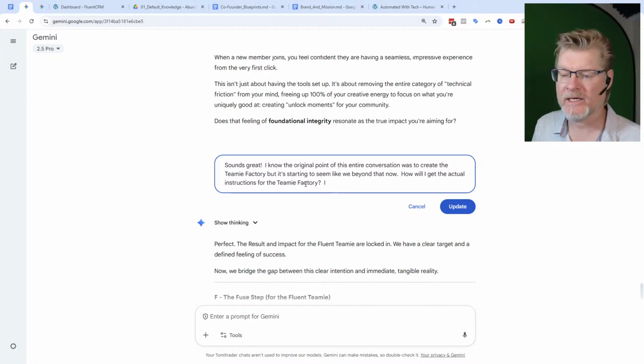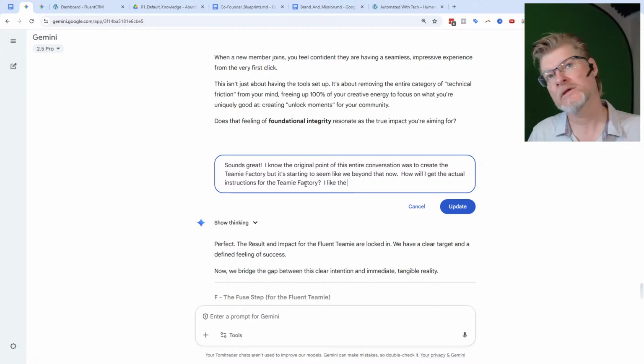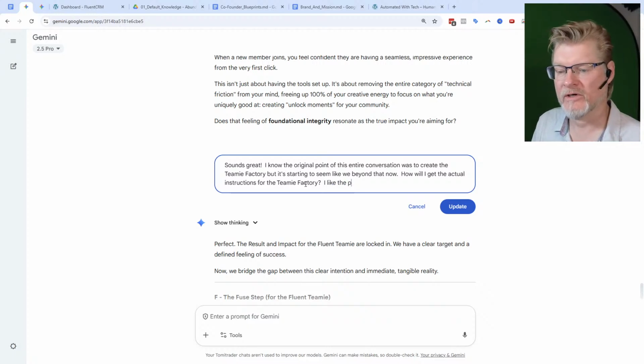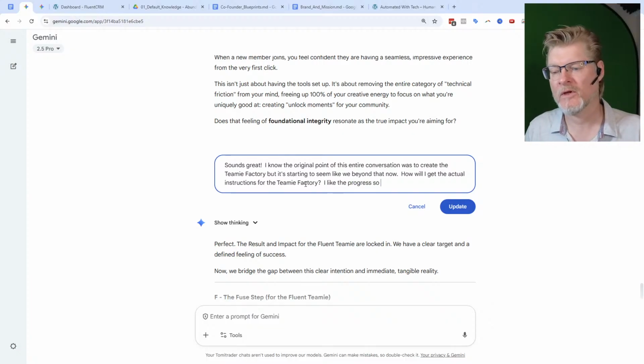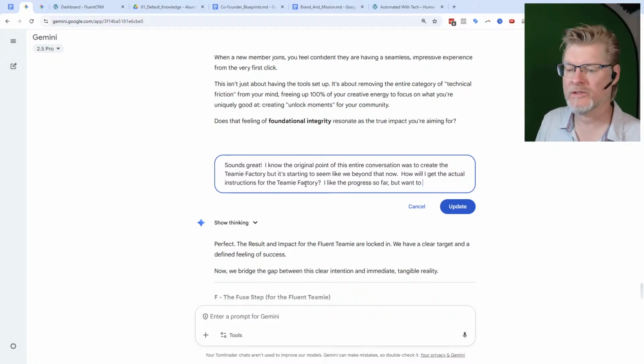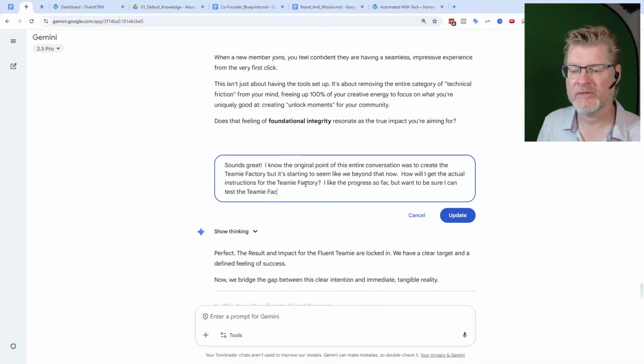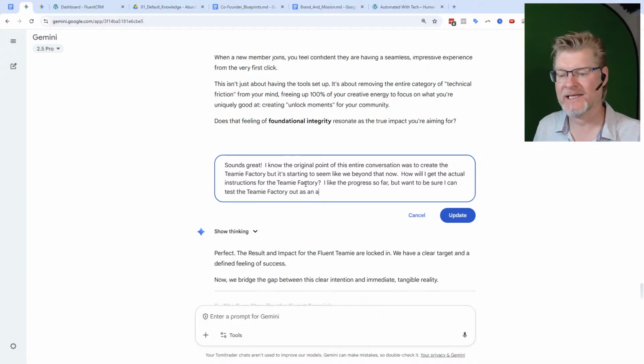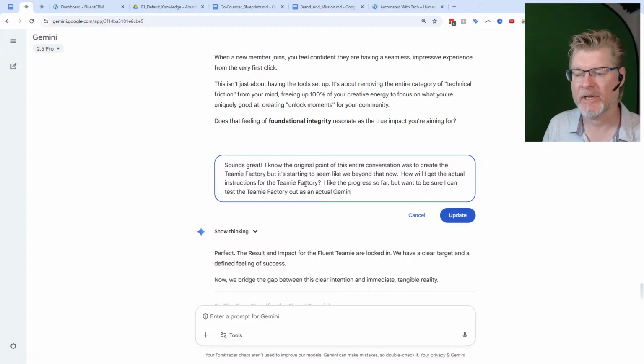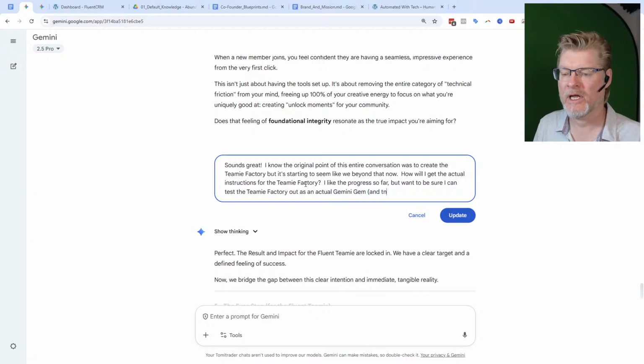I like the progress so far, but want to be sure I can test the Teamy Factory out as an actual Gemini Gem and not do a dress rehearsal